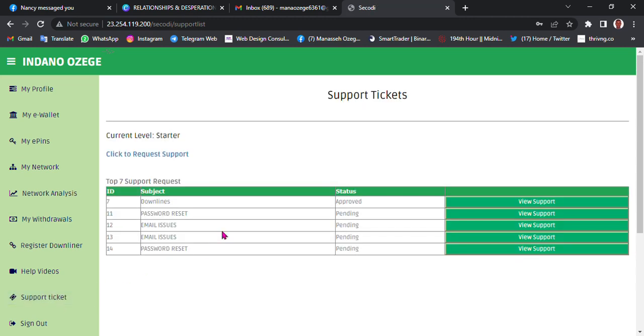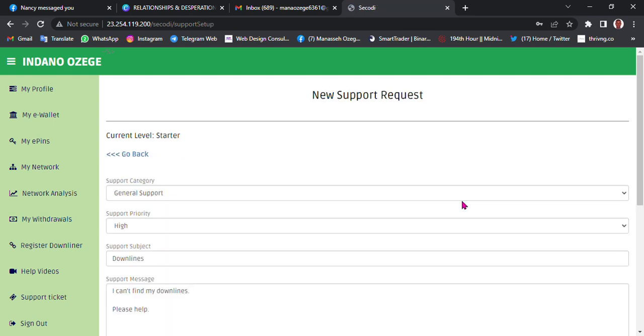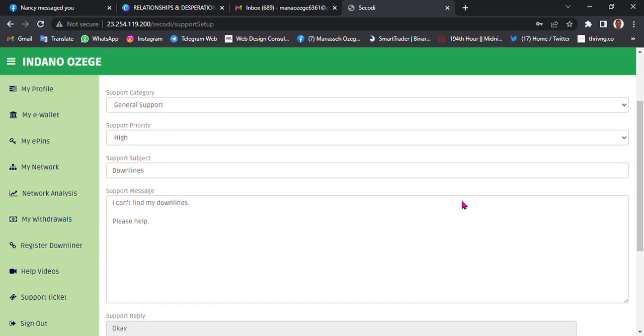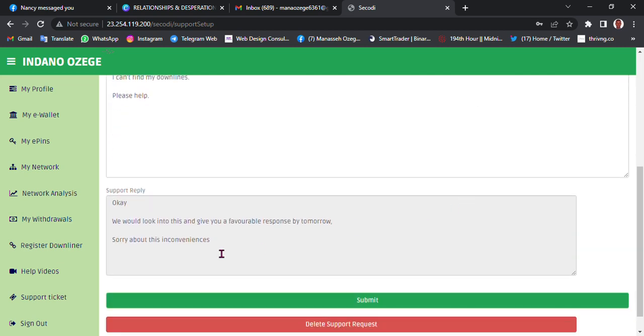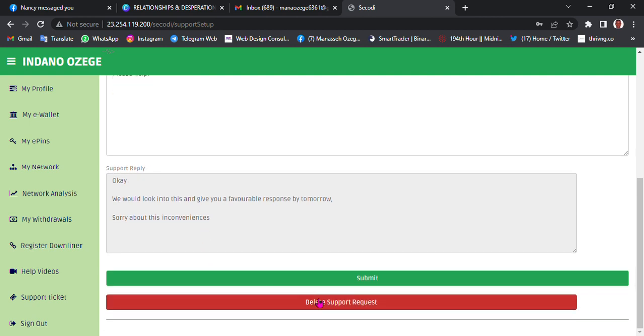And here we are. So all this you're seeing here are requests this person has made that have not been attended to. As we are seeing, pending, and the approved is the one that was attended to. So for instance, if we click this, we can view what was responded. Okay, so this is the response. You can see support reply is also here. You can choose to delete this support or not, so let's just delete it